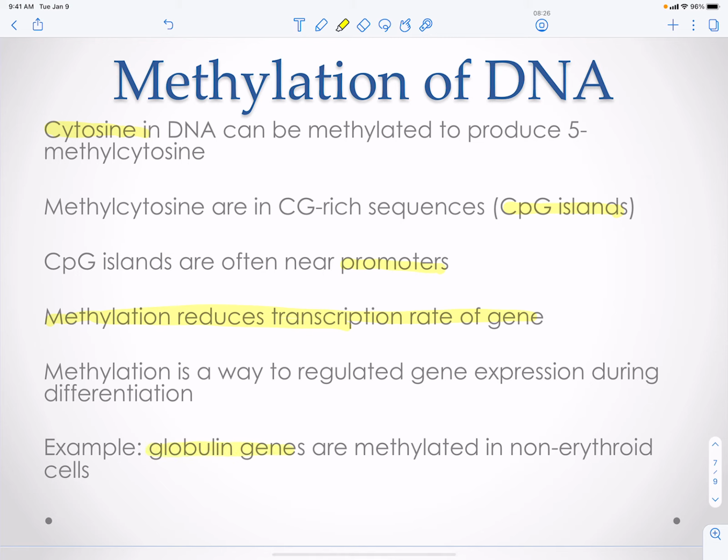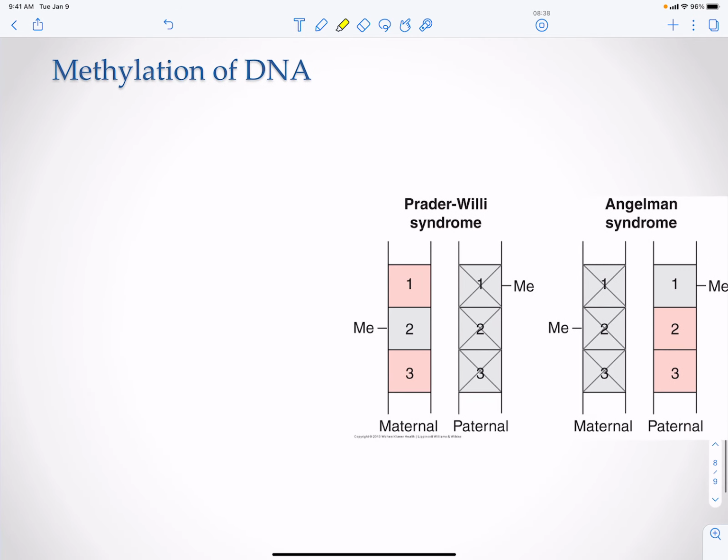An example is our globin genes that are required in our erythrocytes. They are going to be methylated in all non-erythroid cells, for example. Another complication of methylation of actual DNA is when you have diseases associated with this. So remember, methylation of DNA is hard to reverse. This is an epigenetic mechanism to make sure your neurons are neurons and make sure your gut epithelial cells function as gut epithelial cells. And so when you have something called genomic imprinting,